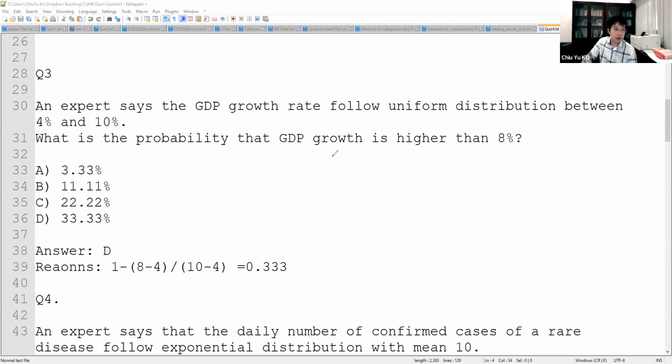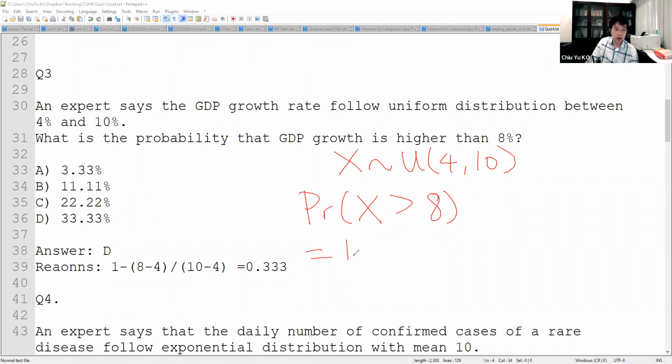So what we have is a uniform, X random variable for uniform 4 up to 10. Okay, asking the probability X is bigger than 8, right? Which is 1 minus probability X less than or equal to A, which is 1 minus